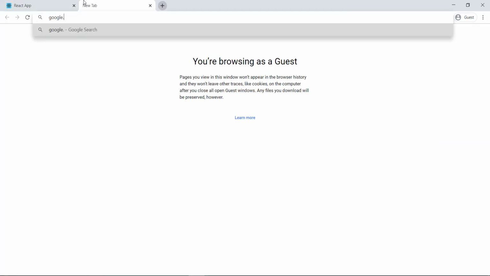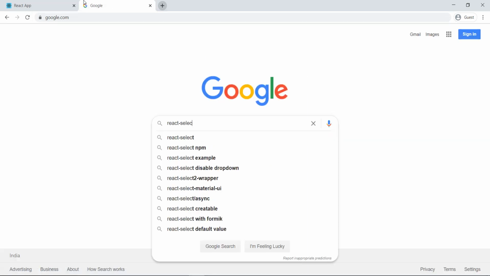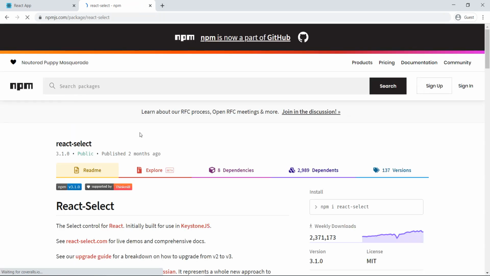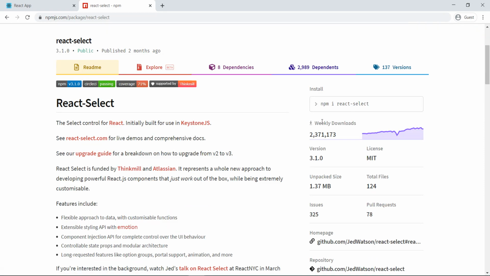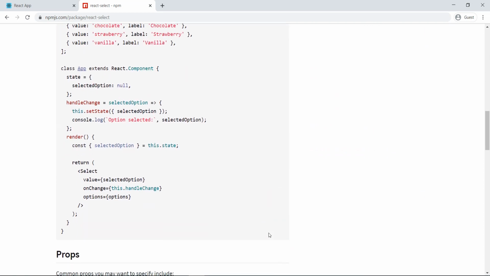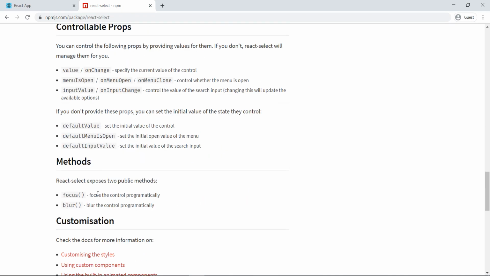First let me go to Google, where we are going to use the React Select npm library. In the node package manager you can find the React Select package. You can see it's a very huge library. They have lots of weekly downloads. They also provide lots of features that we can use in a React project.